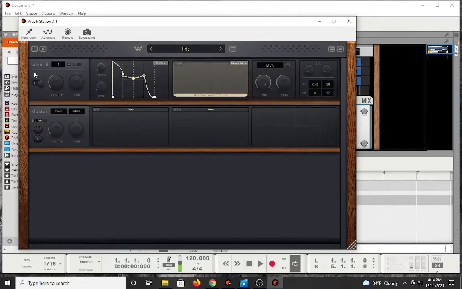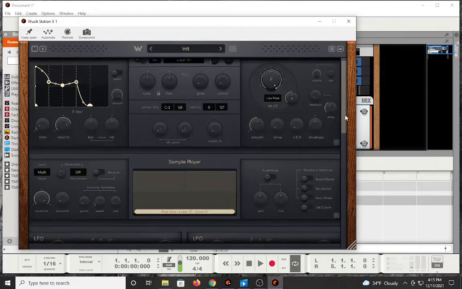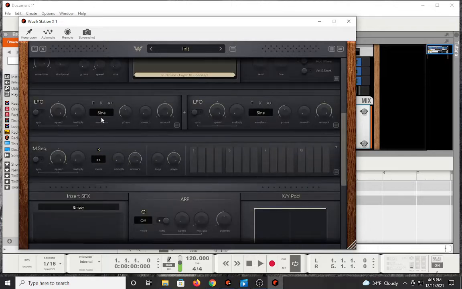You have this window here, so you can see all of your layers in a more condensed screen, and everything is there. I'm going to open that back up. You have your mod envelope, amplitude envelope, filter envelope. I'm not going to mess with this right now. Not yet. Your sample player has a wonderful feature in that you can also implement granular synthesis, which again is nice. You got 2 LFOs with lots of options to utilize all through here. The sequencer,